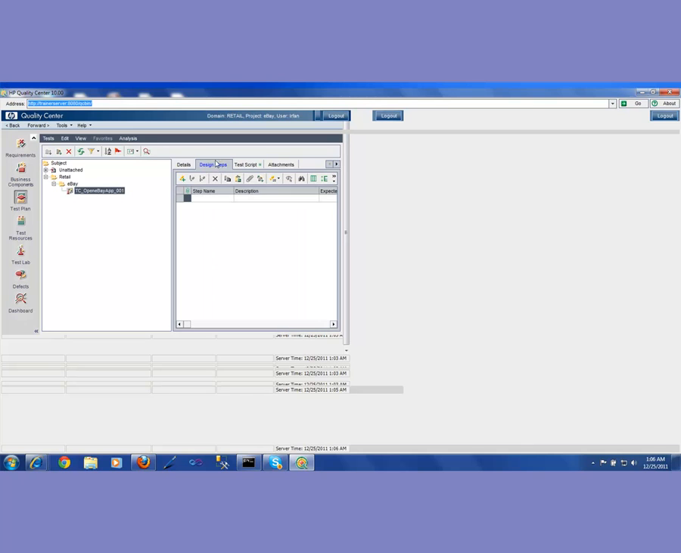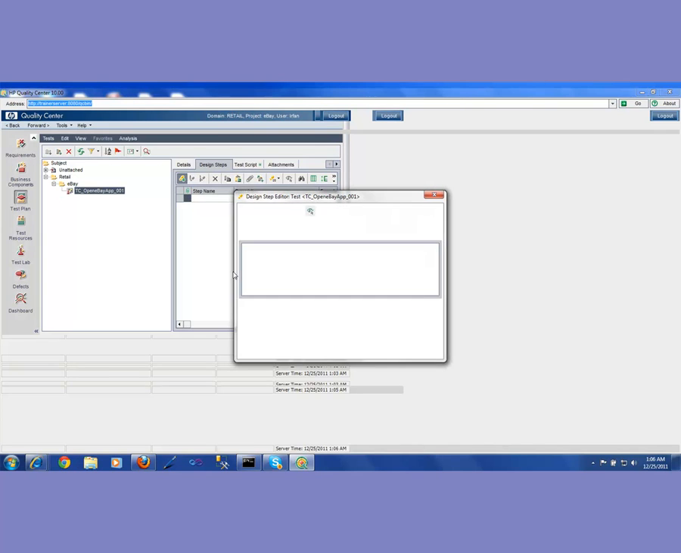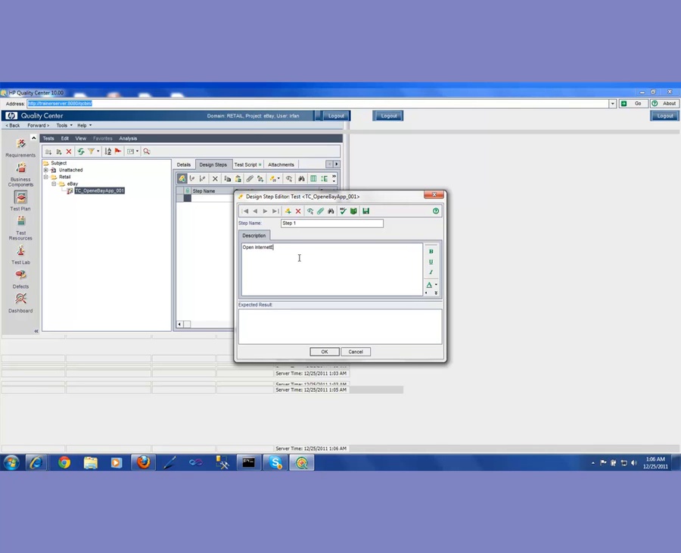So when I click onto the design tab, I have the steps here. I could add these steps by clicking on the new step. And my first step is going to be, what am I doing here? And what is the expected result? My first step is basically to open Internet Explorer, and navigate